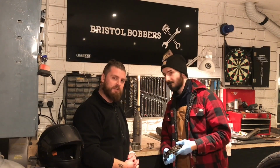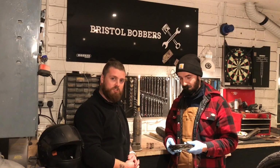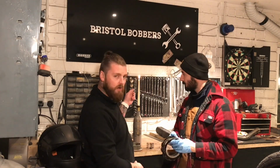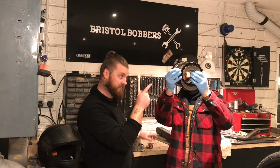Today we are going to show you how to reinstall a clutch and basket on a Yamaha XVS650. So for this job you're going to need tools, clutch parts, clutch itself,